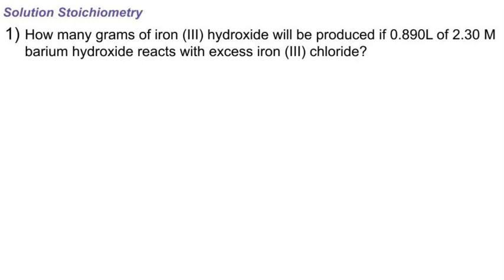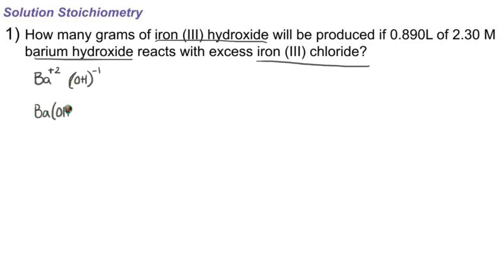There's no equation written here, so the first thing that we need to do is write out the balanced chemical equation. So iron 3 hydroxide is being produced, so that means that it's definitely a product in this reaction. And we are reacting barium hydroxide with excess iron 3 chloride. So I'll start with my two reactants. Barium hydroxide, barium's plus 2, and hydroxide is OH with a -1 charge. So barium hydroxide is BaOH2,